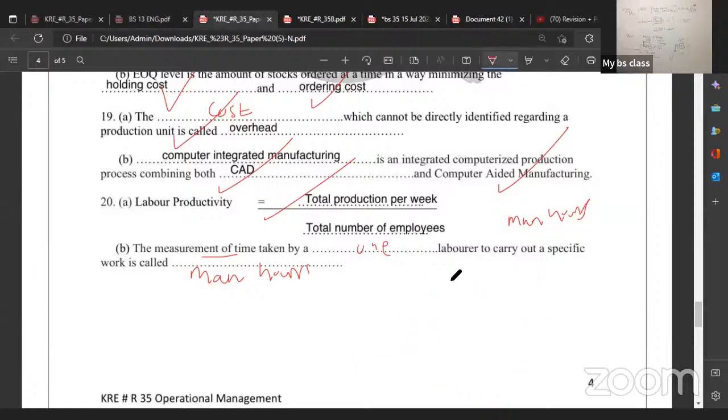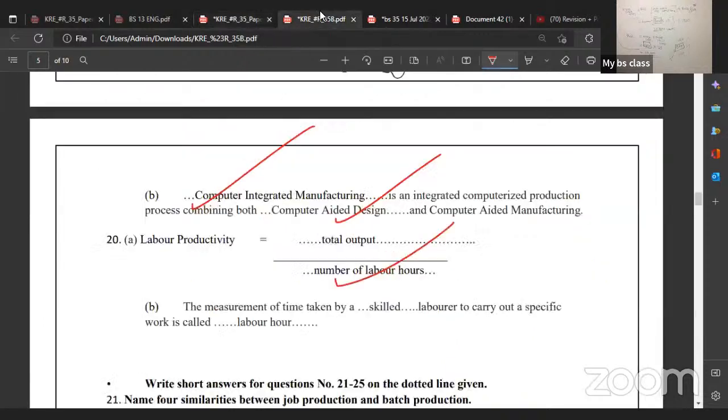Let's think of production of cement blocks, right? Cement block. The measurement of time by one labor. The specific work is making 10 cement bricks, and the hours taken to make 10 cement bricks. Then we can look at the number of employees into the man hours, the total man hours, right? Man hours. That should be done because it's all about measurement of time. Specific is one labor, right?